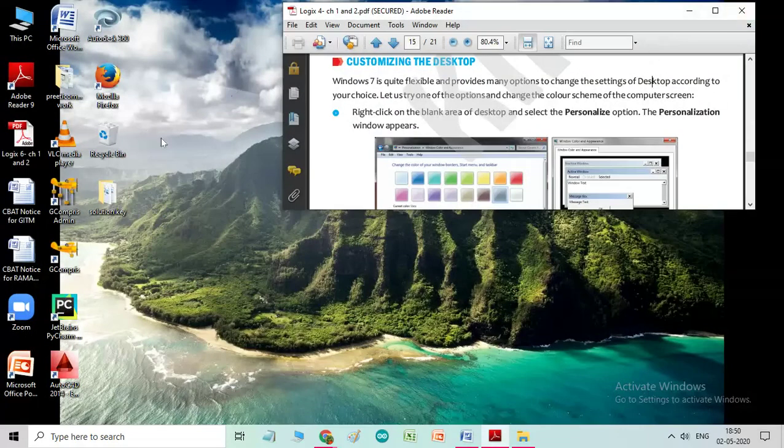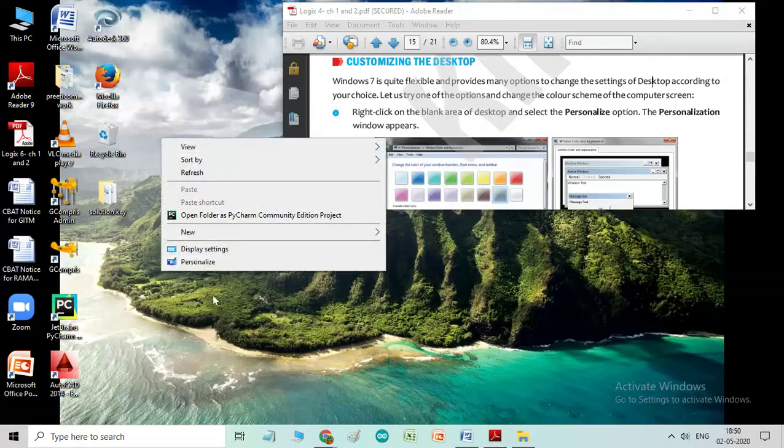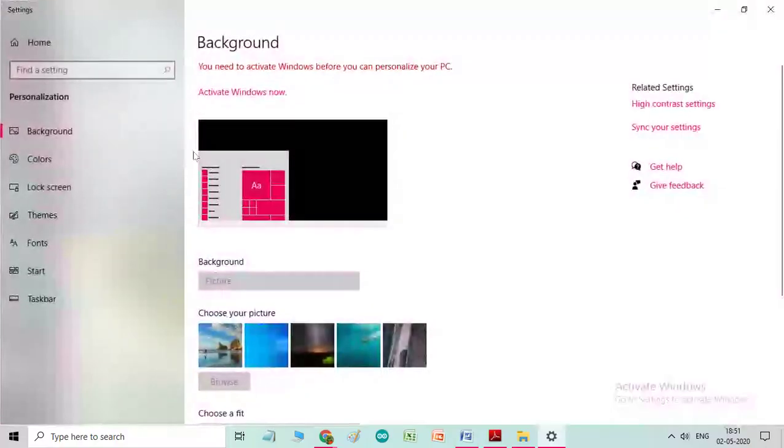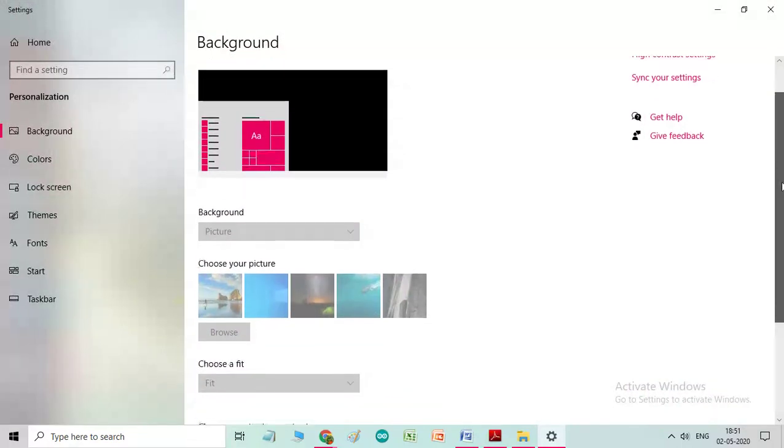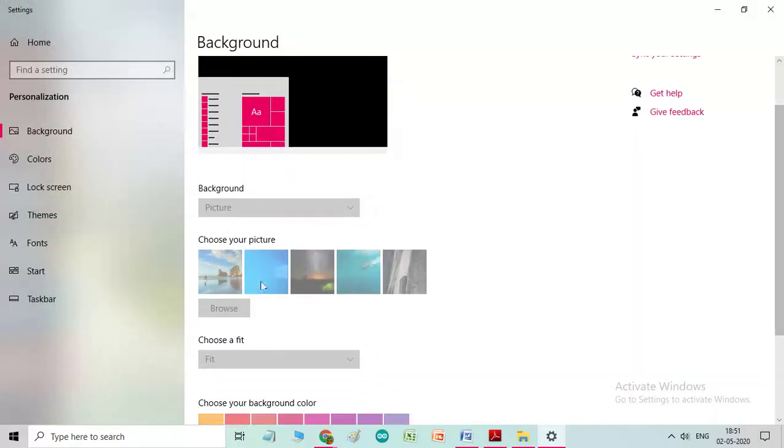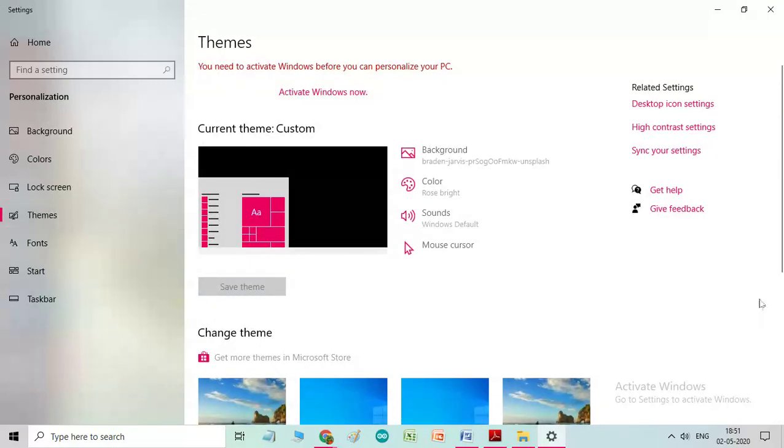So I am showing you, children, just like this. Right click on the blank area of the desktop and select the personalize option. At the bottom you see the personalize option. When you click on it, this window will appear, and from here you can choose whatever type of picture, background or themes you want to place.